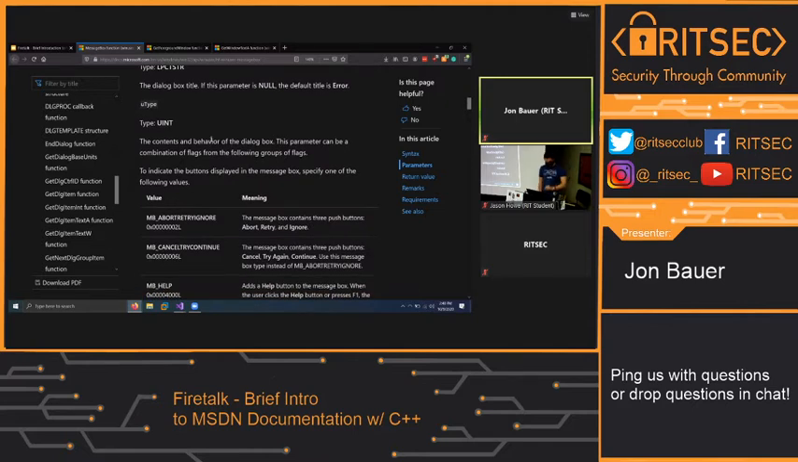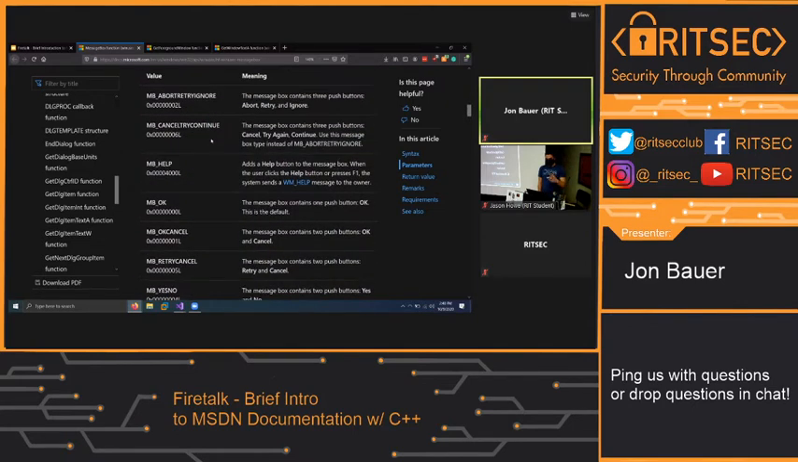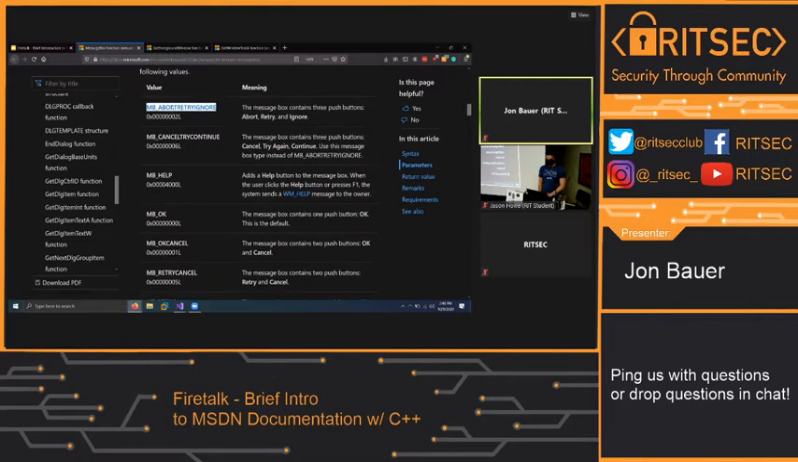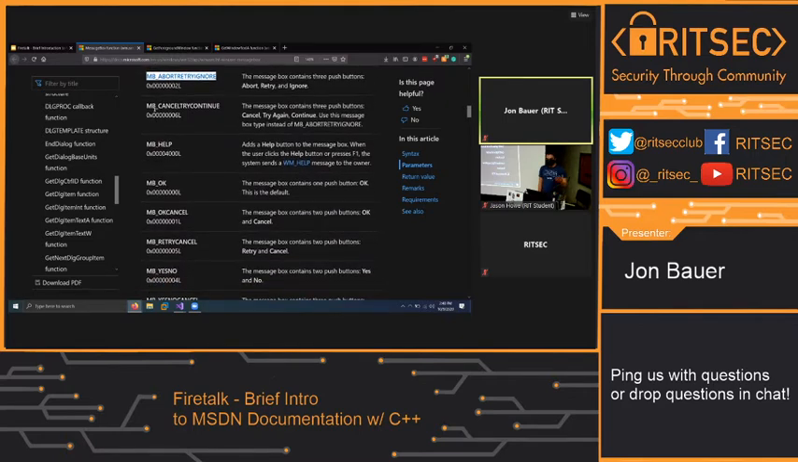So for this message box specifically, there's a bunch of pound-defined things in C++ by default on the Windows operating system. These are a bunch of these pound-defined things. As you see, if I type in this,